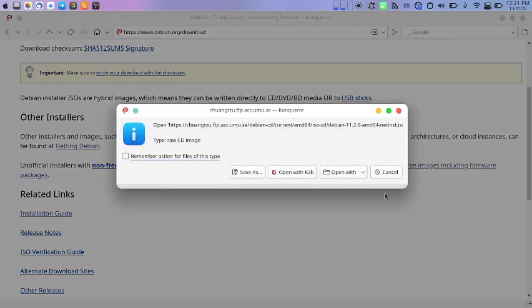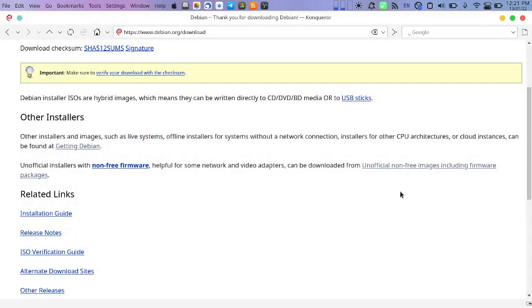Okay, so this is how you have to search. Go inside this Debian download section and search for the suitable images for your system, download it, and then install and enjoy your